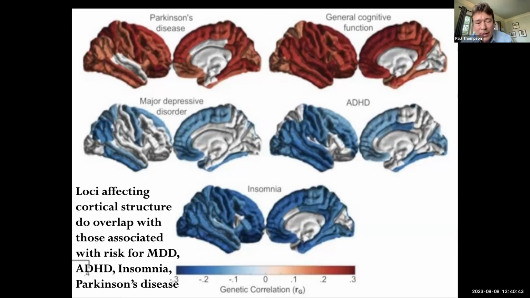in psychiatry. Many of the psychiatric GWAS, particularly insomnia, which is quite interesting, show a negative pleiotropy where loci associated with larger volumes, things that we would assume are beneficial, but that's not always the case, tend to be associated with less risk of the disorders shown here, with the exception of Parkinson's, which is a complete anomaly because the MAPT variant that increases PD risk also increases cortical surface area. And it is, I understand, the lead SNP in the intracranial volume GWAS, so there's something interesting going on with